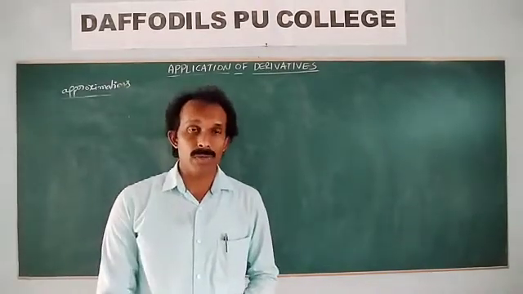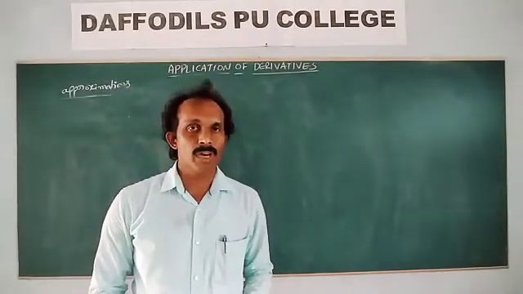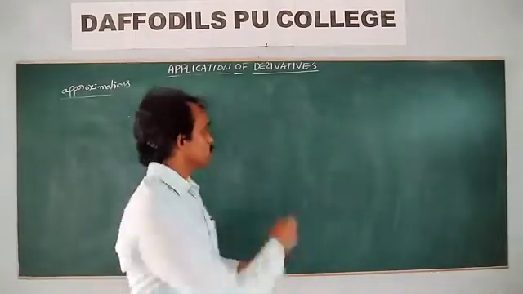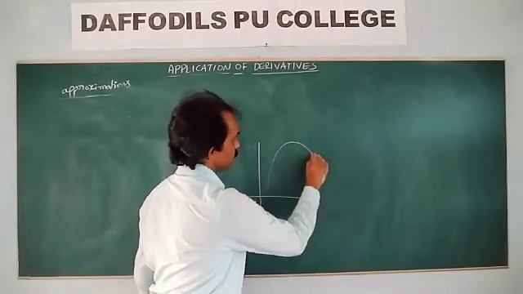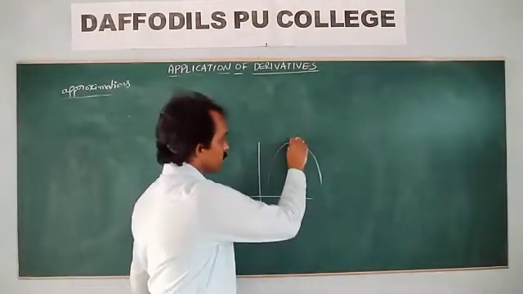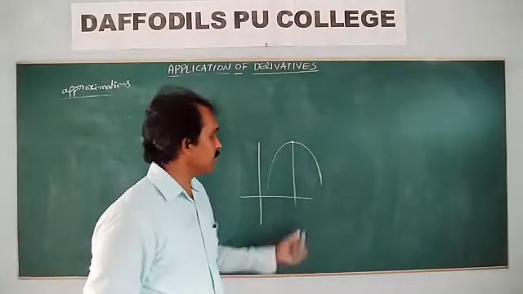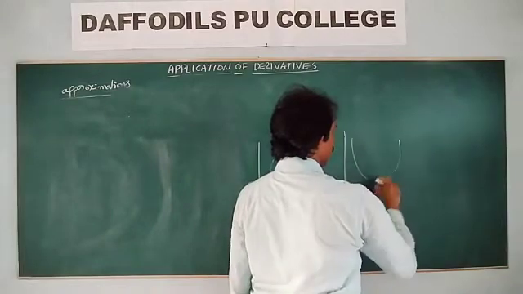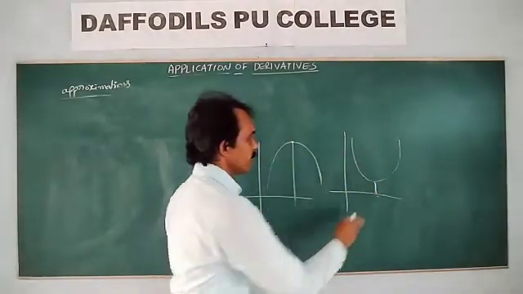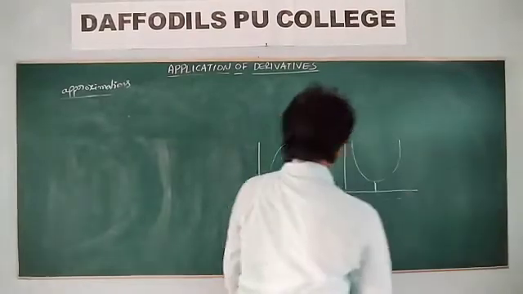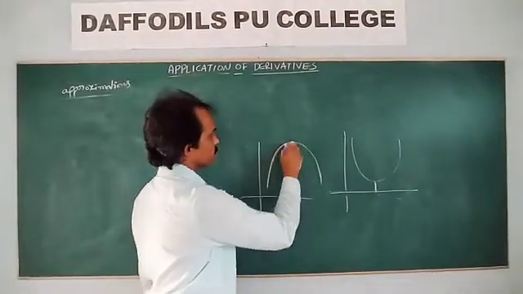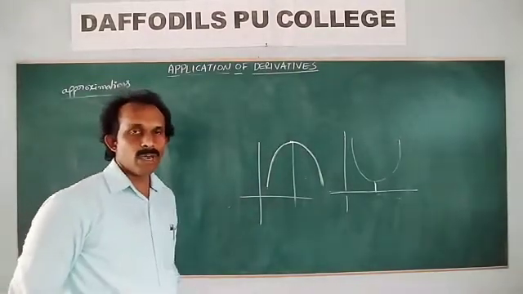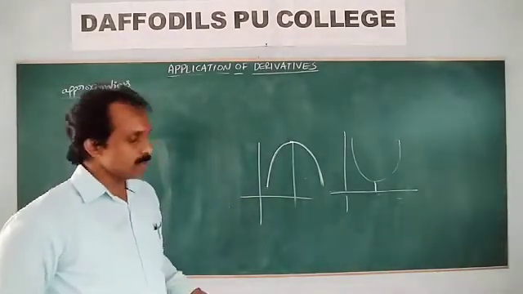And next final concept, maxima and minima concept. Already we discussed turning points. Suppose a curve is like this. What is the maximum value? Here, this is the maximum value at this point. And this is the minimum value at this point, the minimum value of the function. So maximum value, minimum value. Okay, about this topic we'll discuss.